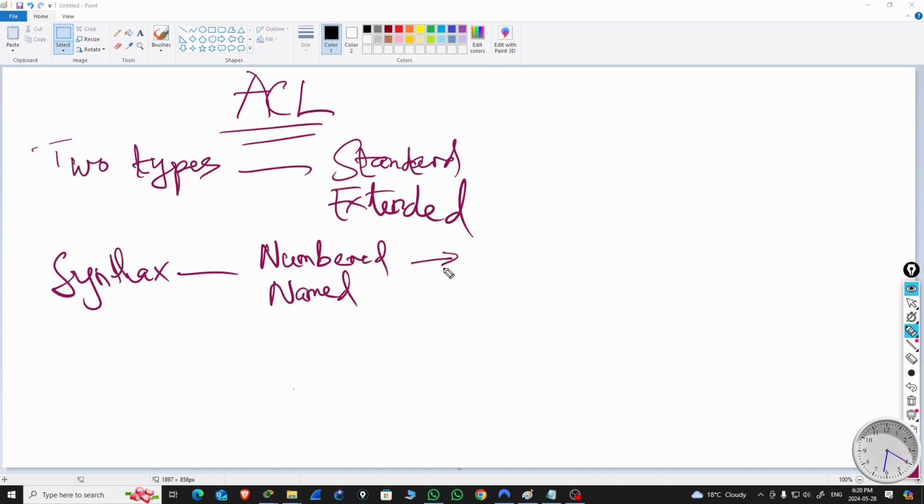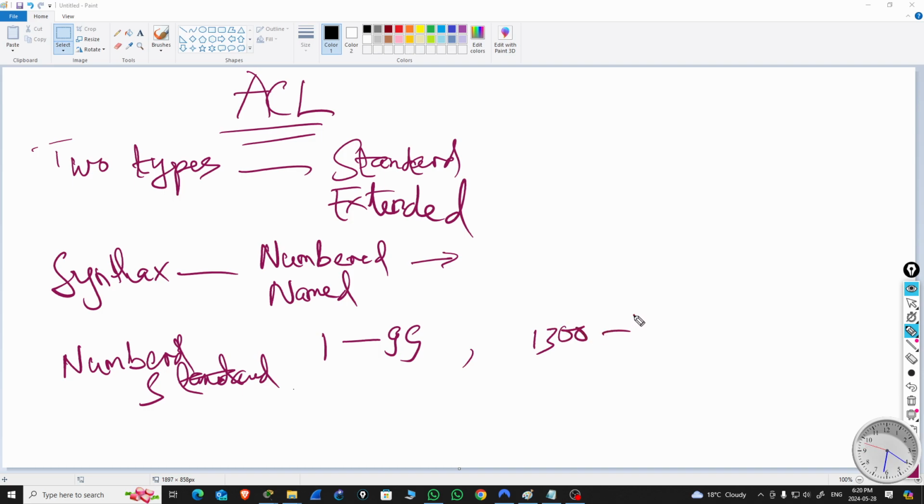If they are numbered and standard, it's going to be from 1 to 99,